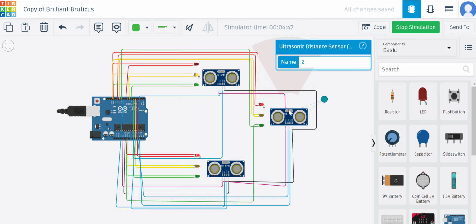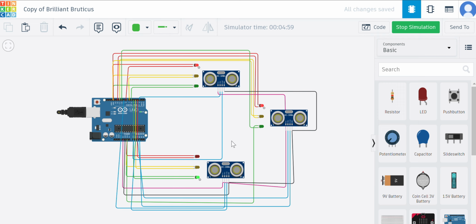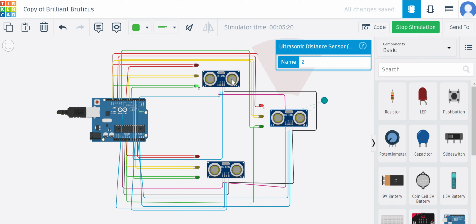Since lane 3 has no car, we might as well just keep it red, like here in the simulation. The third lane is always red. The same applies with any two of the traffic lights, for example lane 1 and lane 2, lane 1 and lane 3, lane 3 and lane 2, and so on. So I will show you the third situation